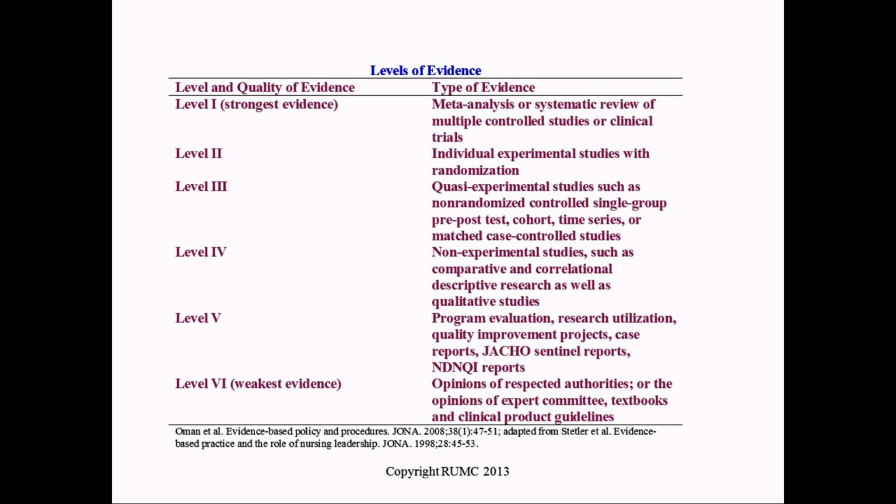Level 2 would be considered something related to an individual experimental study that contains randomization. And as this goes down, you can see that the weakest level of evidence are opinion statements, or an expert committee putting opinions together. So if you think about that in comparison to a systematic review that has multiple clinical trials looking at evidence,